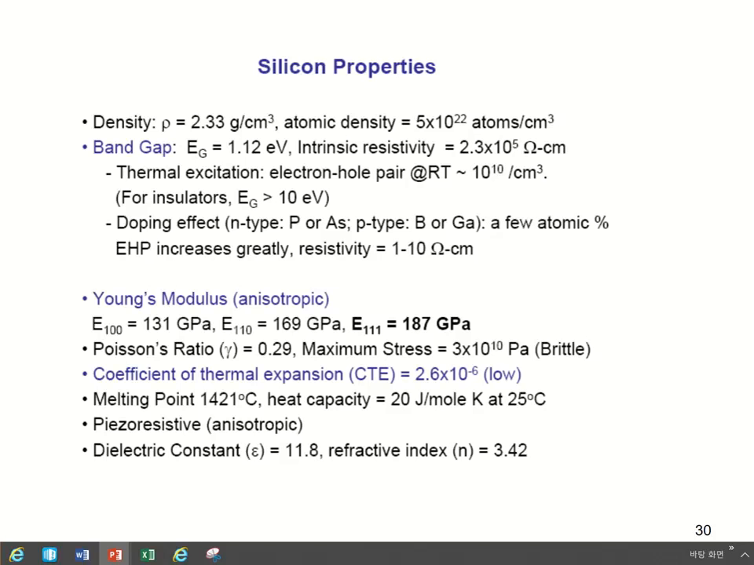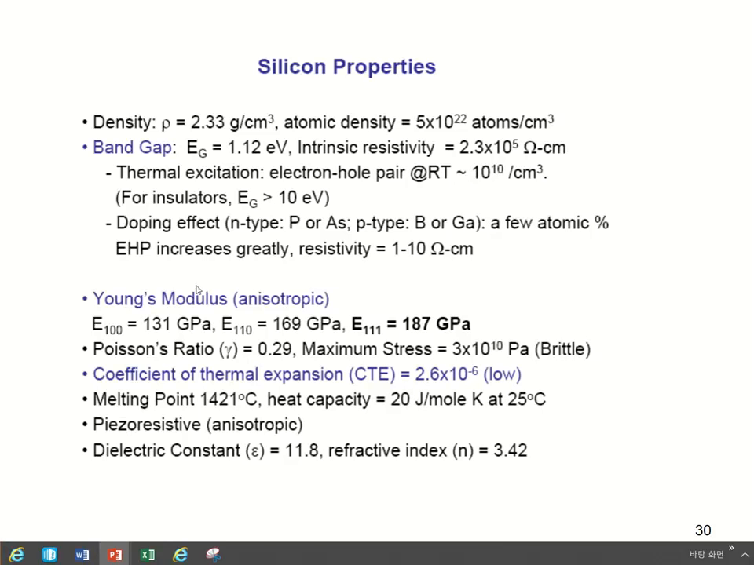Coefficient of thermal expansion is 2.6 times 10 to the minus 6. That's, I mean, it's low compared to other metals. Melting point is 1421 degrees C, and it has piezoresistive properties as well, and then dielectric constant like 11.8, refraction index 3.42. So if you take a look at the properties of silicon, it's a very attractive material for some